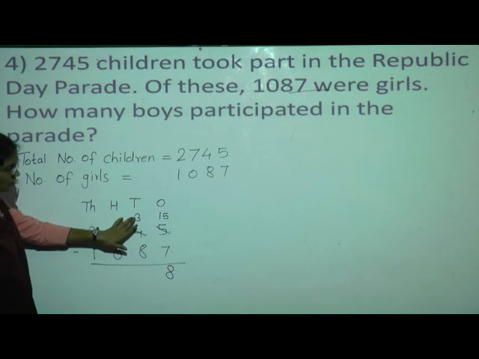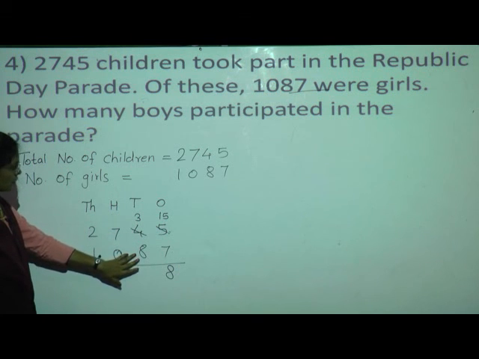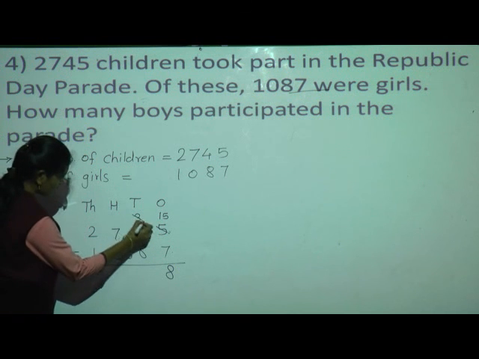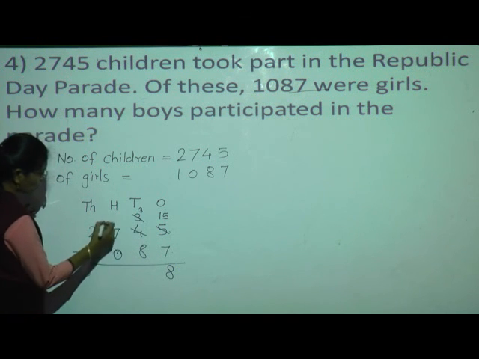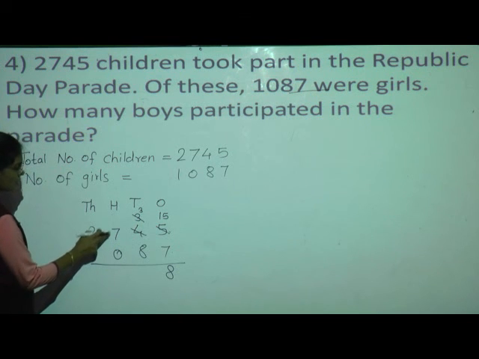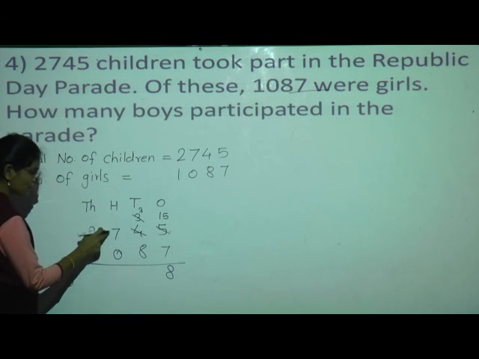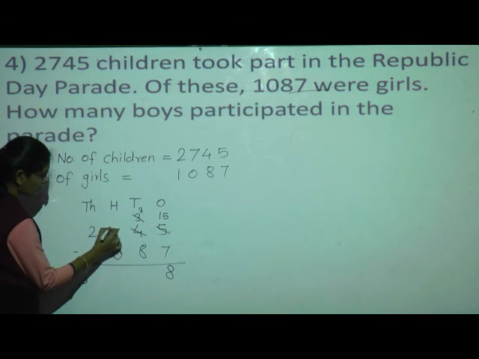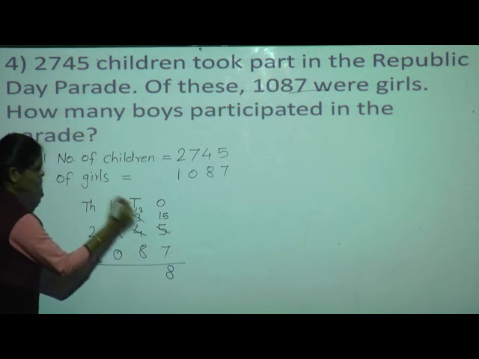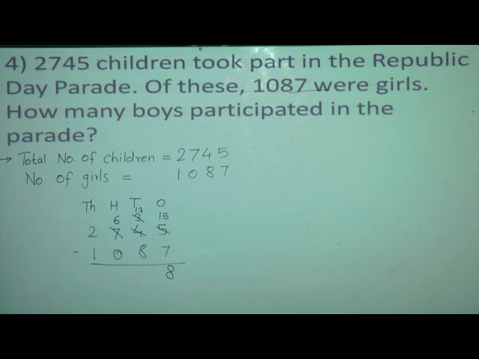Again here this number is smaller than this number. So here also we can't do the subtraction. Then what we will do? Just cut this 3 and write as it is and go to the neighbor. Who is the neighbor of tens? 100 is the neighbor of tens. Now this 100 is having 7. So take 1 borrow from this 7. 7 minus 1 is equal to 6. So we will write here 6 and we will take 1 borrow from the 100.